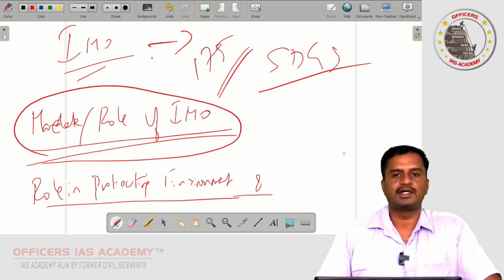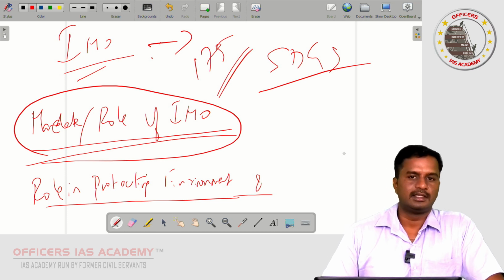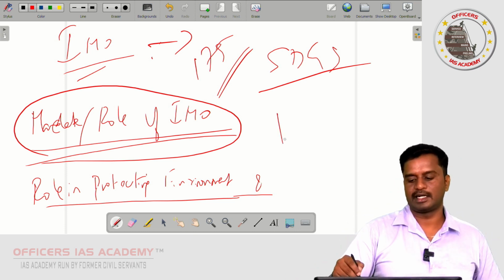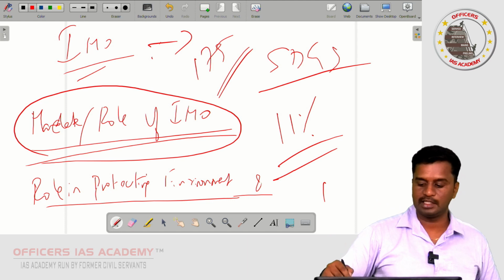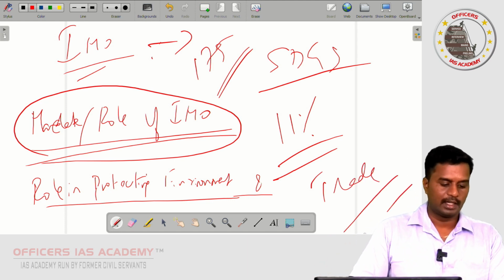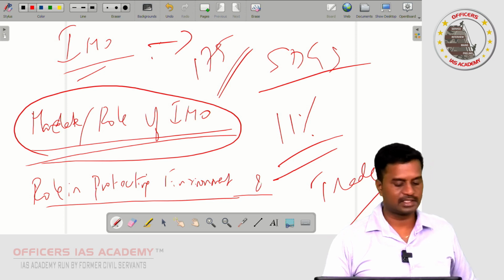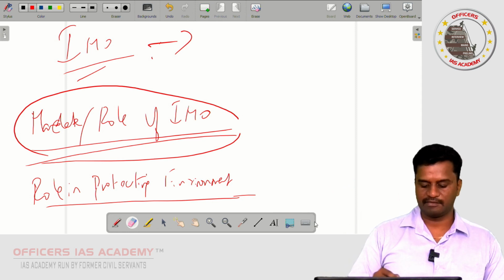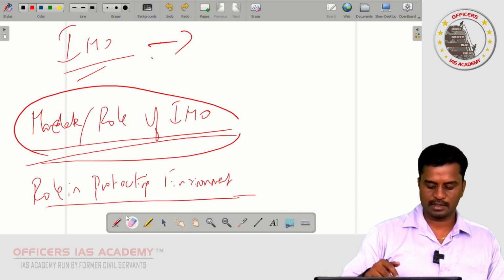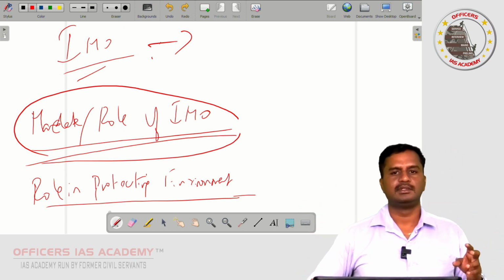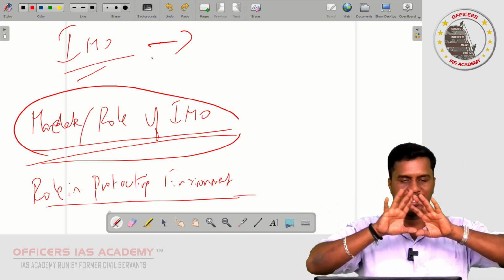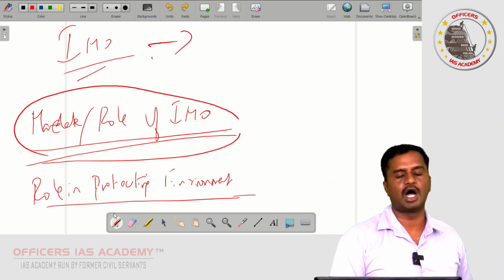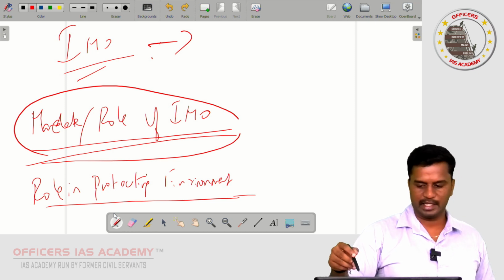India is a very important state that is engaged in the maritime sphere. Approximately 11% of global maritime trade is conducted by India. Give a rough figure, 11%. So India is an important stakeholder as far as IMO is concerned. Now we have to discuss the role in protecting environment and the maritime sphere. Even if you don't have the exact factual knowledge, use the basic conceptual knowledge of IR and fill in content. Now IMO is in charge of important areas and issues like piracy,